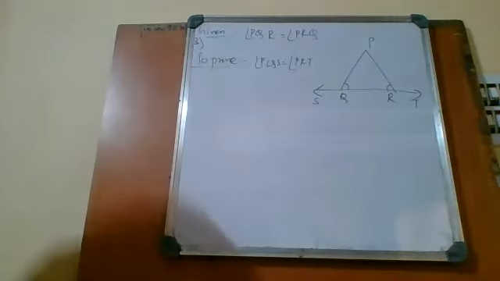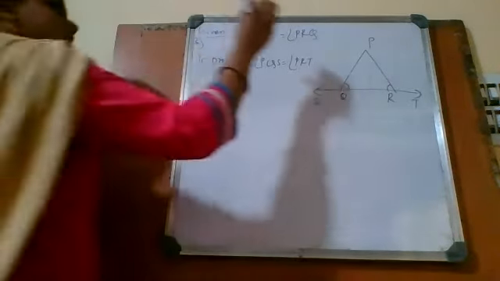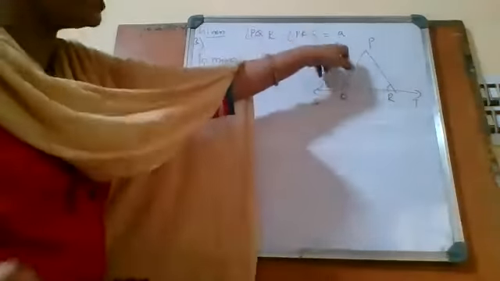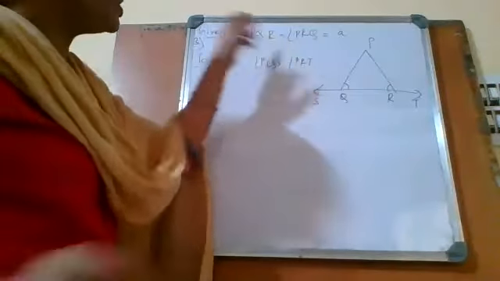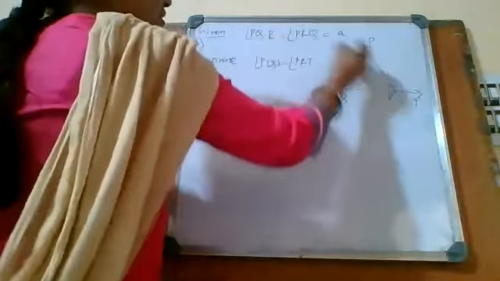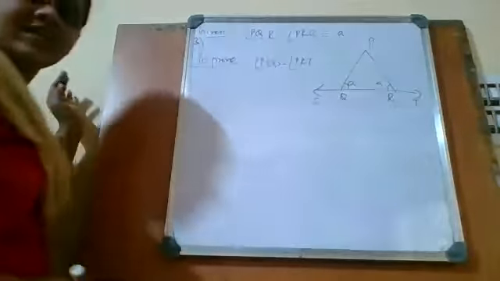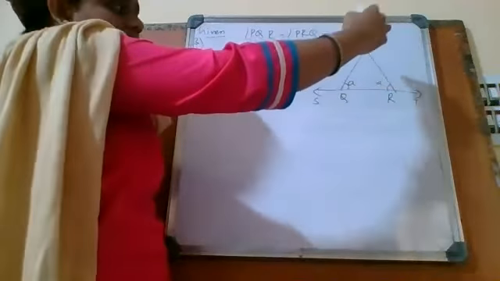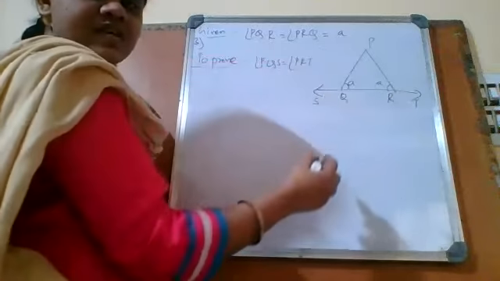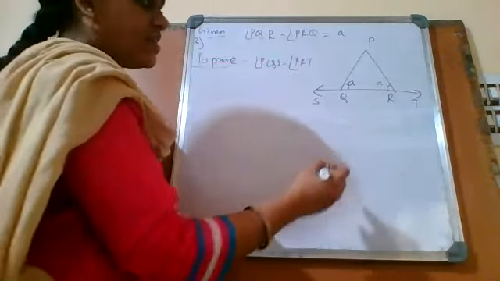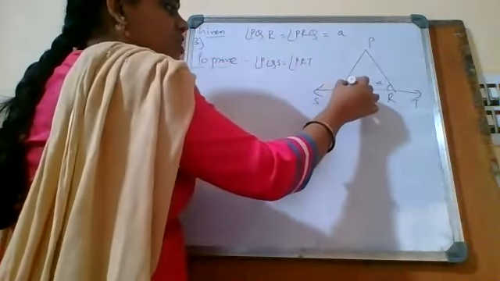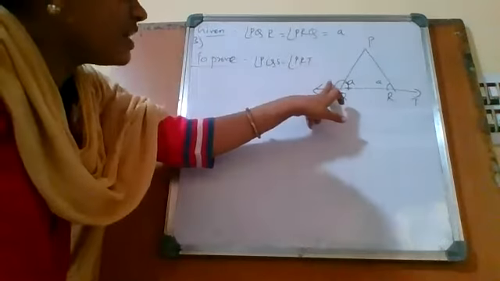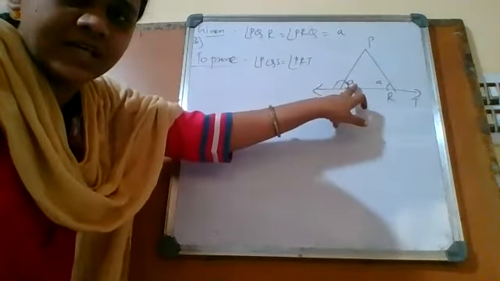Now look here, very easy answer. For example, this is equal to some small a. Given these two are equal, where is this angle? PQR. PQR is a and PRQ is also a. When opposite angles are equal, we can say that this is an isosceles triangle. Opposite sides are equal, opposite angles are equal, then it forms an isosceles triangle. Now this total is called what? Linear pair. Okay. Now this angle must be equal to 180 minus a.